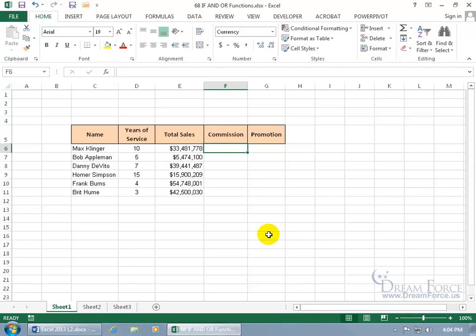The 3 functions that we're going to be covering are the IF, AND, and OR. First of all, let's work on the IF. The IF function will perform a logical test, where if it's true, it returns one value, or if it's false, another. So I want to be able to work on the commission here and say, okay,